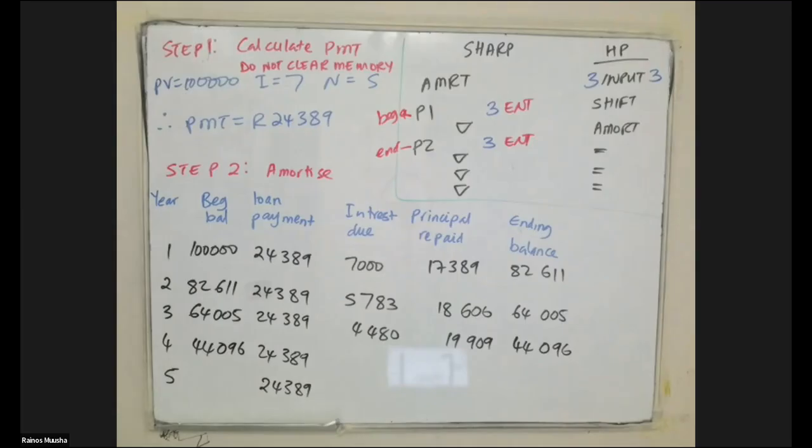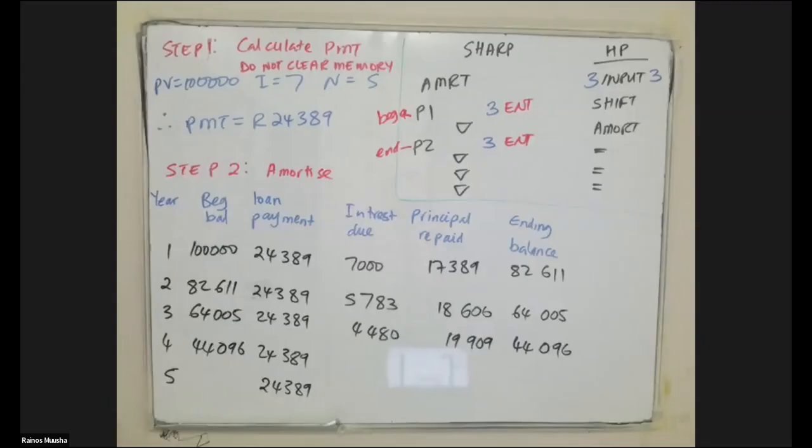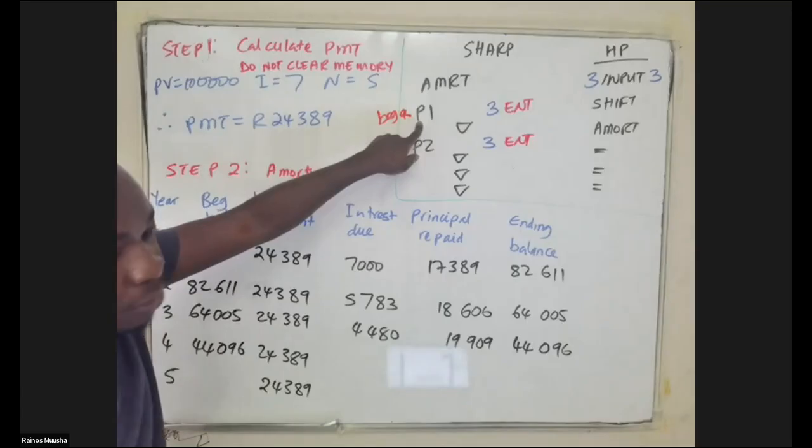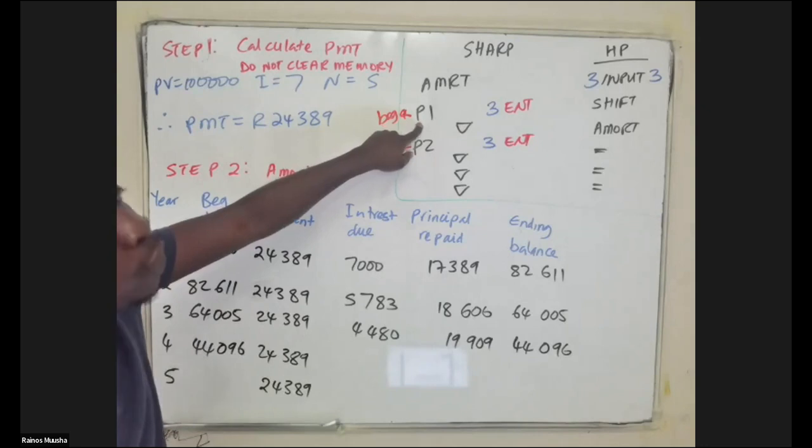Are we on the same page? Any questions? Anyone lost? I think I'm lost. For year 1, I managed to get all the answers. But when I have to go to year 2, I don't know what to do. Which calculator are you using? I'm using Sharp. Now, remember you got the interest and then the closing balance, right? Yes. You scroll down until it shows you P1 on your calculator. Okay. Then if you're amortizing for year 2, you press 2, then you press the enter button. Do you see where the enter button is?